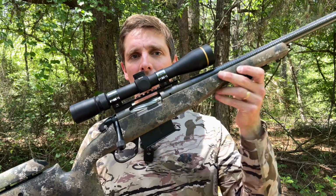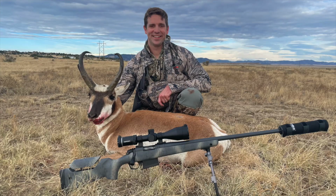Now, Bergara advertises this rifle as bridging the divide between a hunting rifle and a tactical rifle. And I think that is a good description of what this rifle is best used for. Now, in my mind, this is an ideal rifle for an open country hunt in rolling terrain, like a pronghorn hunt, for instance, like this one I went on in Colorado several years ago with my Bergara Wilderness Terrain, where you're in open country like that, not extremely challenging terrain,